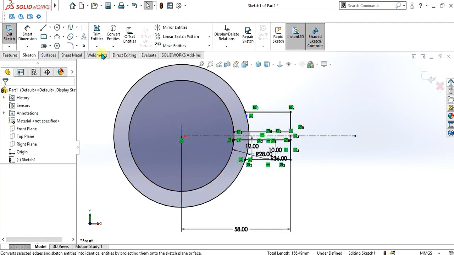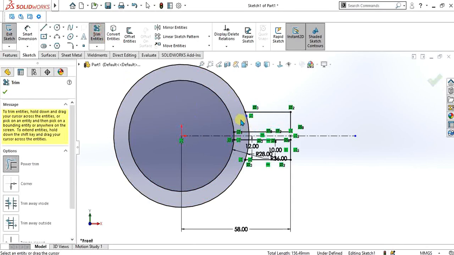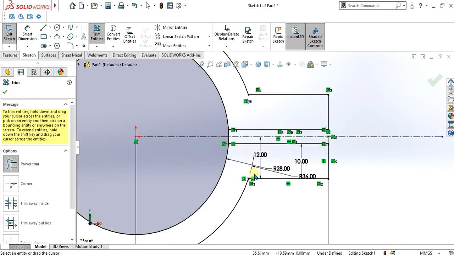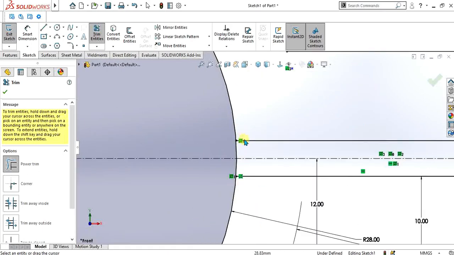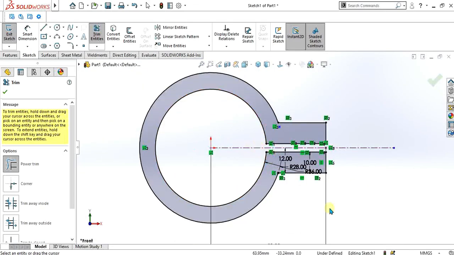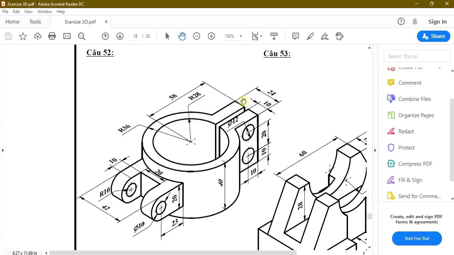Now simply trim all the extra lines like this. So now you can see that we have the closed geometry having the shape of this sketch. Now we will simply extrude this sketch to 40 mm.